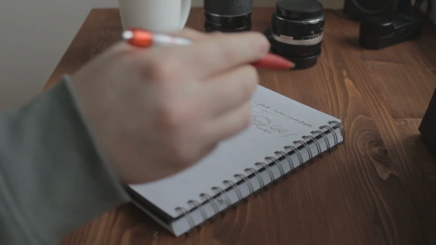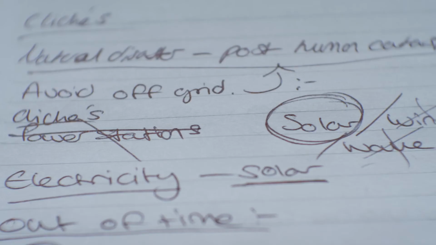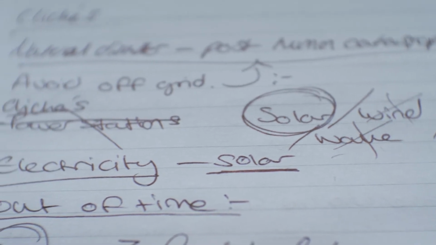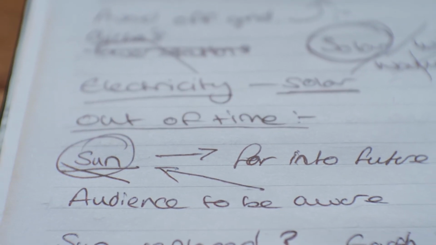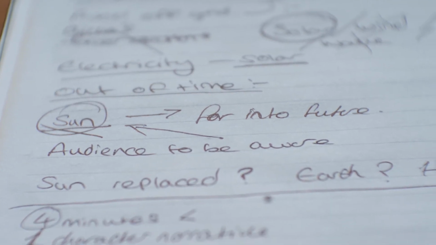Now the cliches regarding the sun in sci-fi films are that the sun runs out, but we know from recent news reports that wouldn't happen for millions of years, and we want to keep this to a parallel present, as if in this parallel future the sun has already been replaced.